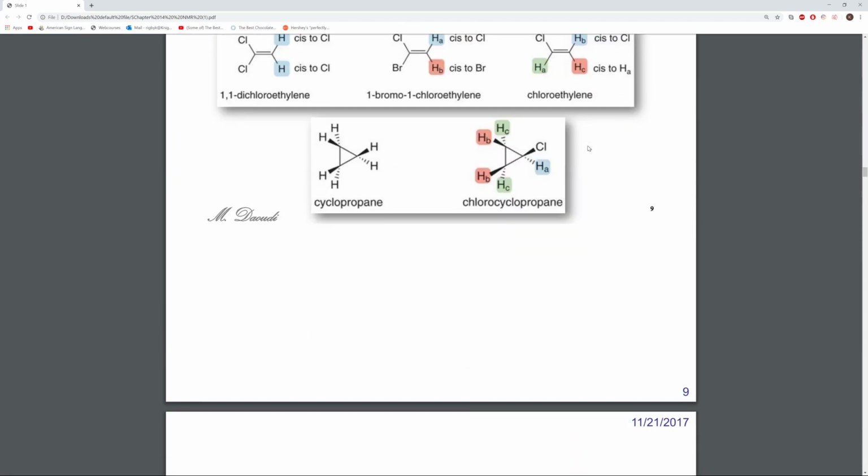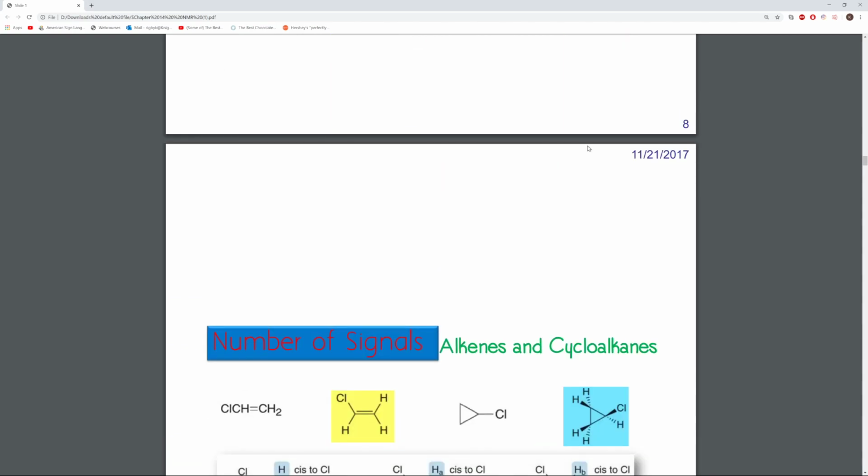Let me see if there's an example here. There's not, which is really cool, but